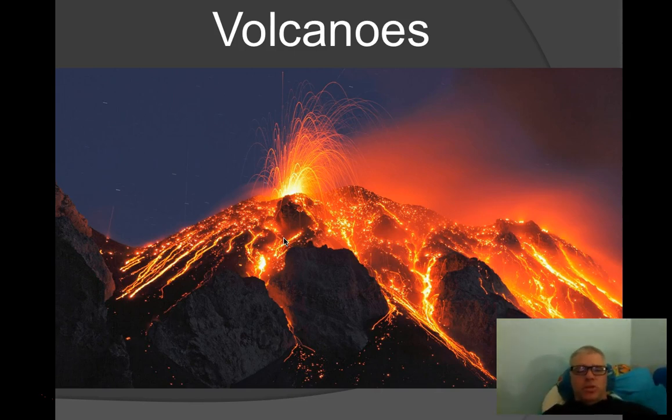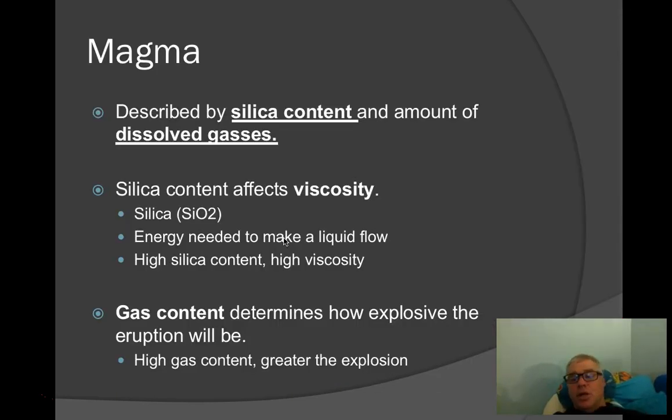As we continue talking about the volcanoes here, there are a few different things about the types of volcanoes. How dangerous they are depends a little bit on what's called their silica content. Different kinds of lava, or magma, magma is the word they use when it's underneath the surface, and lava is what we call it when it's flowing out on the surface. And how much silica you have in the lava